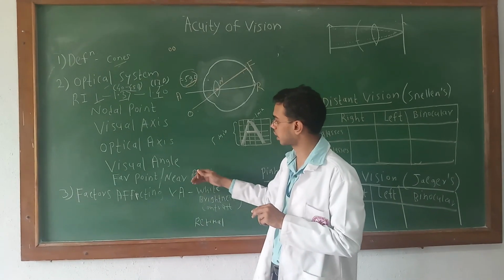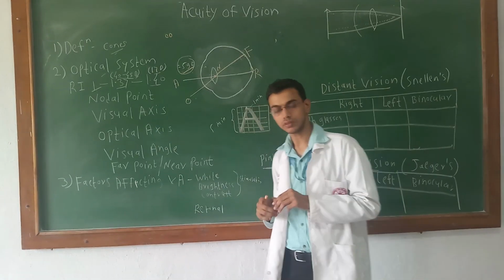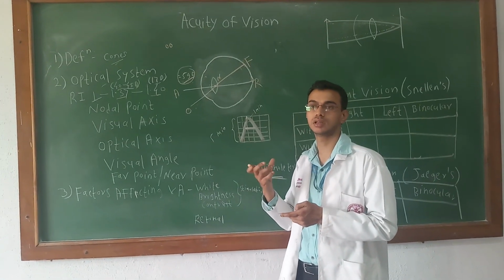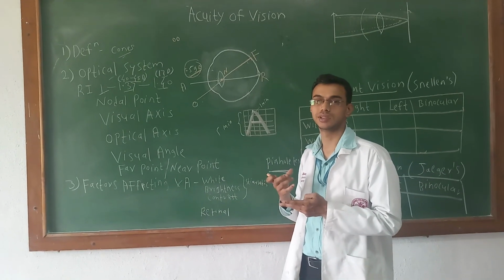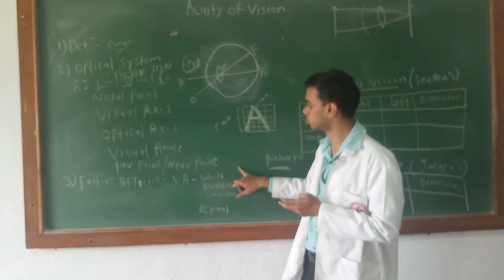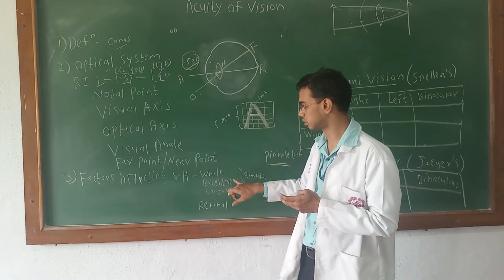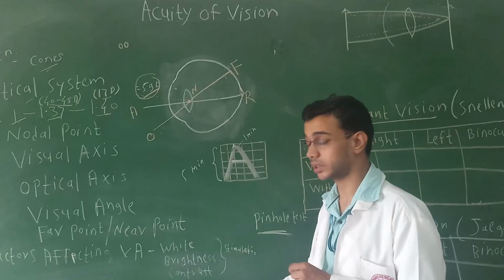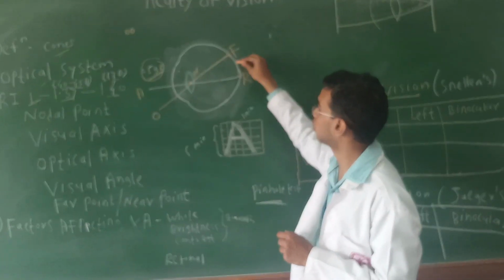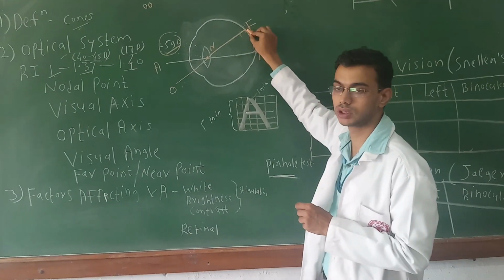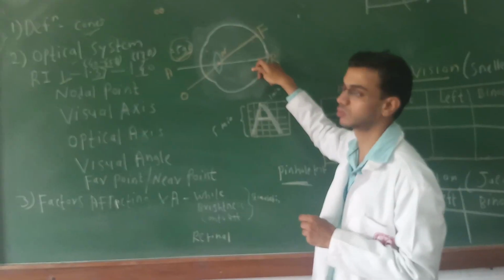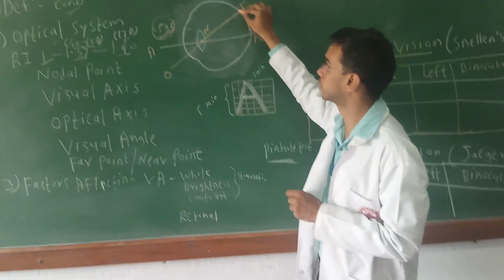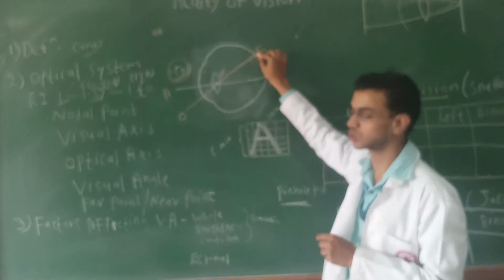Okay. Now, what are the factors that affect visual acuity? There may be objective factors of the particular object, whether it is white, whether it is contrasting, whether it is stimulating. That is called the stimulating factor. White color, brightness, contrast will give rise to more acuity of vision. Then some retinal factors, for example, the center of the retina, the fovea, has maximal visual acuity as compared to the peripheral part of the retina, because the cones, the receptors for visual acuity, are present maximally at the center of the macula, that is called the fovea.